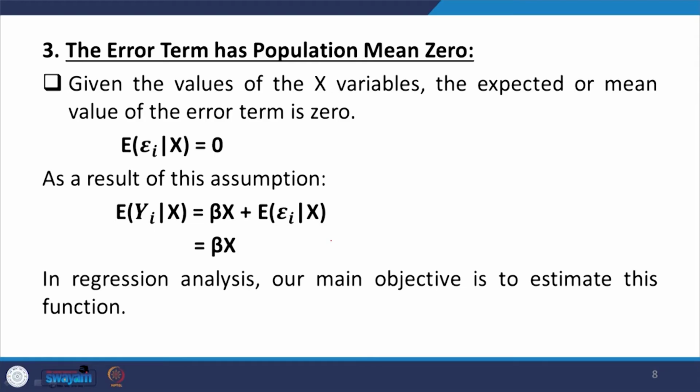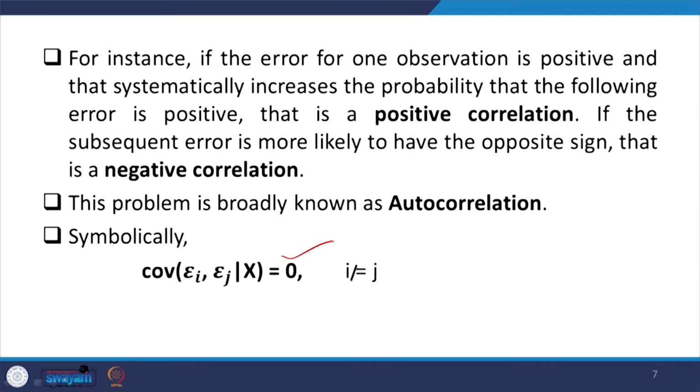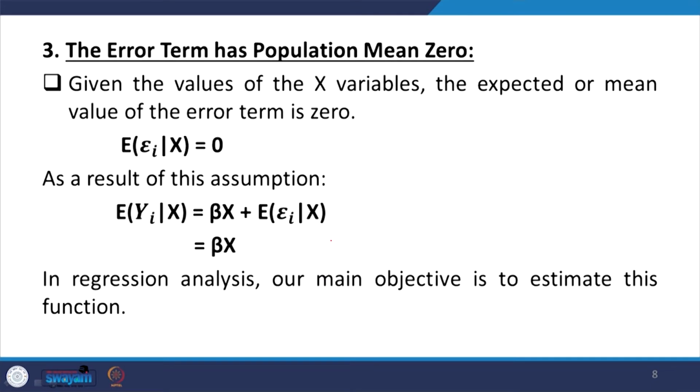So, the error term has a population mean 0, given the third assumption, which is important as well, as the average error should actually be 0. Okay, and there should not be autocorrelation. Therefore, the covariance should be equal to 0. Then we are saying the expected value of the error term given x should also be 0, which is explained here: the expected value of e_i is equal to 0.